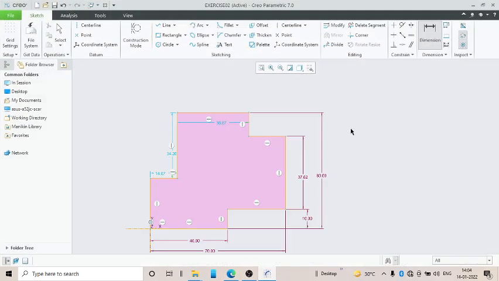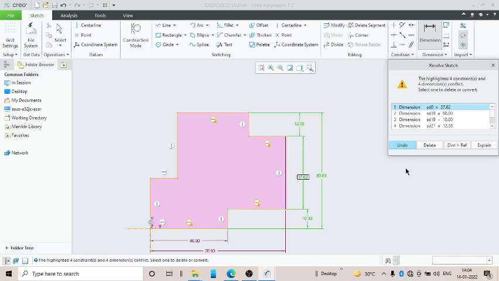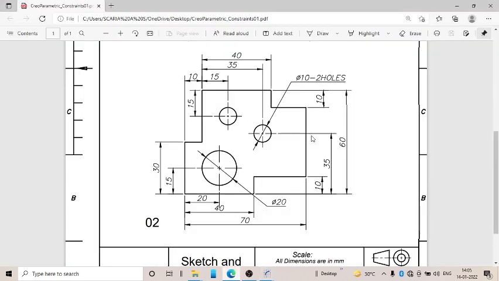You see what is going to happen. If I am giving a dimension here, from here to here, it is asking me to delete some of the dimension. This 37.62 is not there in this drawing.